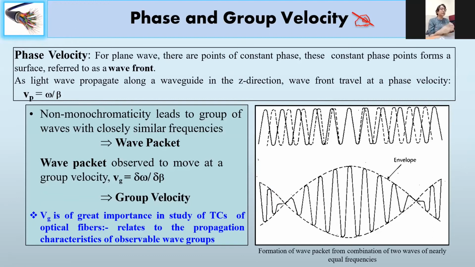Now coming to another important concept for when the modes are traveling through the fiber: one is called phase velocity and the other is group velocity. Now what is a phase velocity? It is the individual velocity of each mode traveling through the fiber. So what is the velocity of any mode traveling through the fiber? The other day we calculated V is equivalent to C by N. Correct? That's the velocity of each mode.